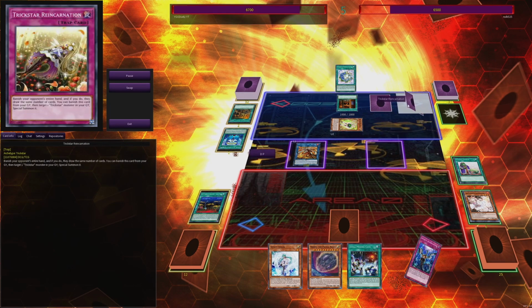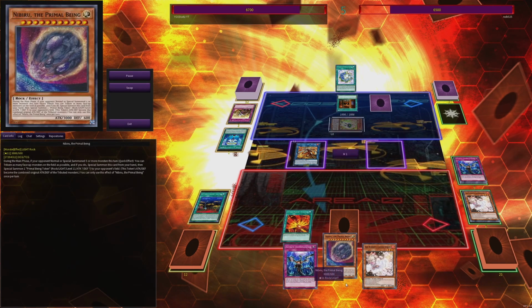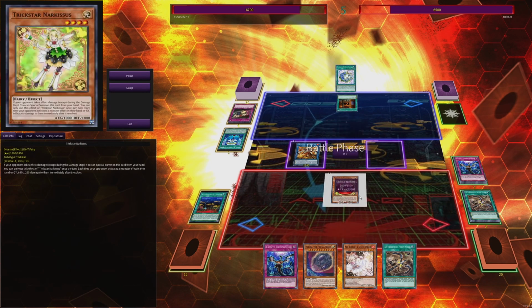I think Angel of Blue Tears to set Trickstar Reincarnation. I think that's what it was. So he hits me again with Trickstar Reincarnation. I am able to try to use Afterburners, but he's going to use Dark Bribe on it, and then I'm going to use my Widow Anchor to take his Narcissus, and I'm going to attack,